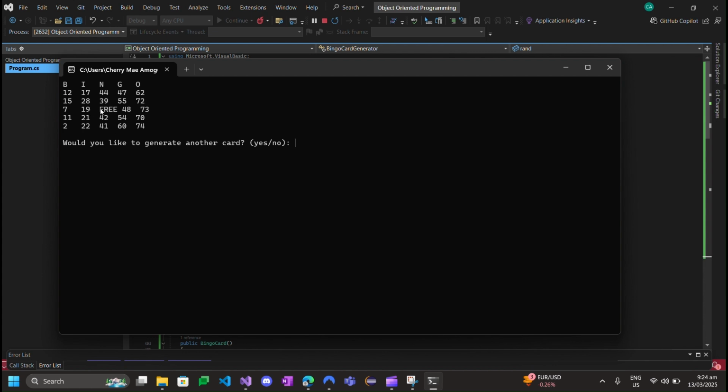And we put the free slot at the center of the 5 by 5 bingo card as per the instruction. And for the letter G, the numbers start from 46 to 60, and you can see here that the highest number is 60. And for the O, from 61 to 75. Now, if we want to generate another bingo card, we can just select yes,